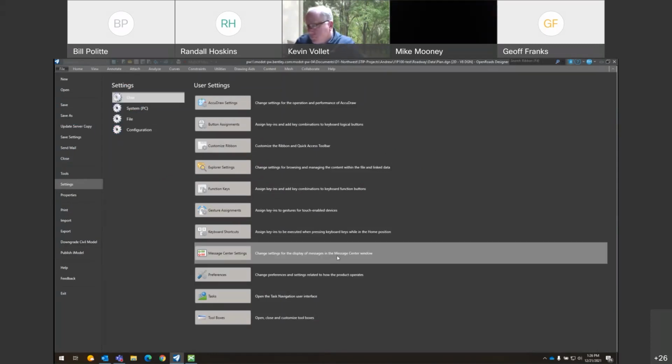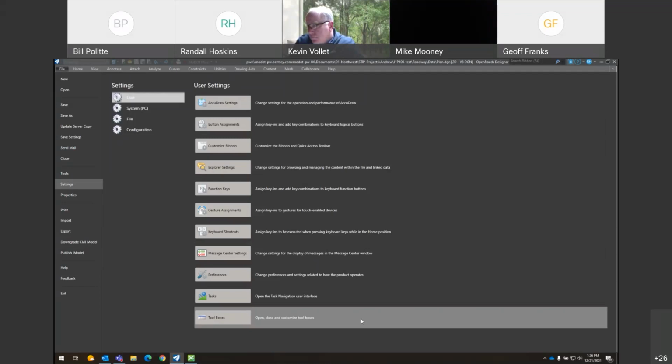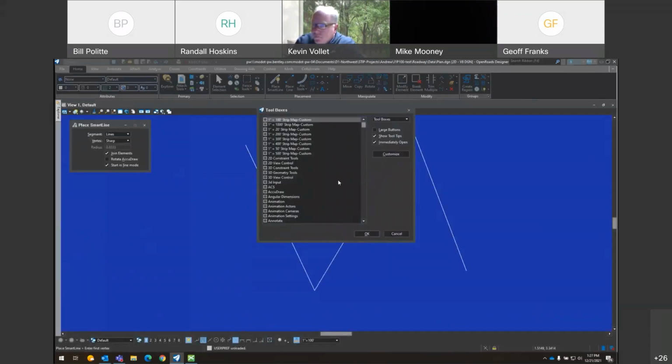The one thing under here you might use quite a bit: if there's a toolbox you used to use a lot and you want it on your screen, you can go back into toolboxes. So I know maybe I use geographic coordinate system stuff a lot.